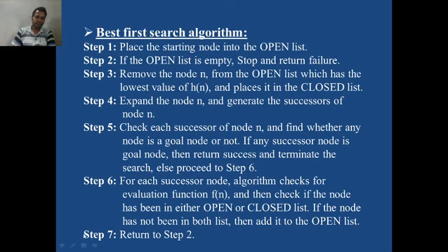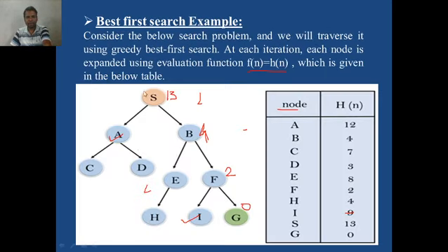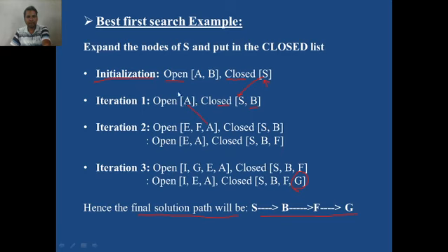We already explained this algorithm with the help of that problem, but let us now go through the theoretical points of this algorithm stepwise. The algorithm stepwise can be explained with this: place the starting node into the open list. Yes, you can recall we put it in the closed list here initially, and the successors of node S are kept in the open list.